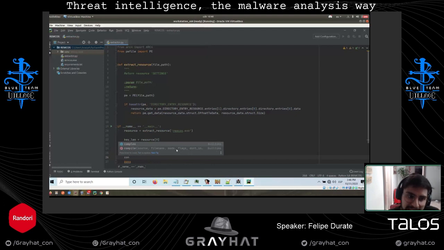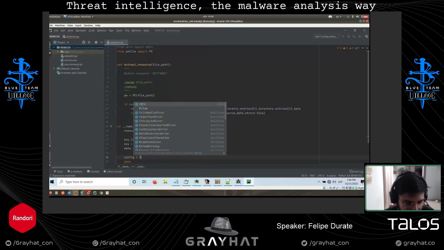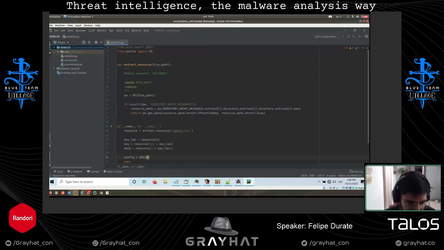We already have the algorithm. There is a library called arc4 in Python, so you can use it. We just say config equals arc4, and we pass the actual key that we need. And we say we are going to decrypt the data.